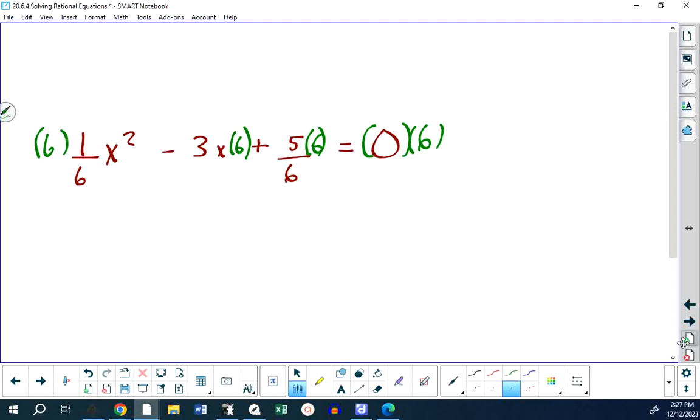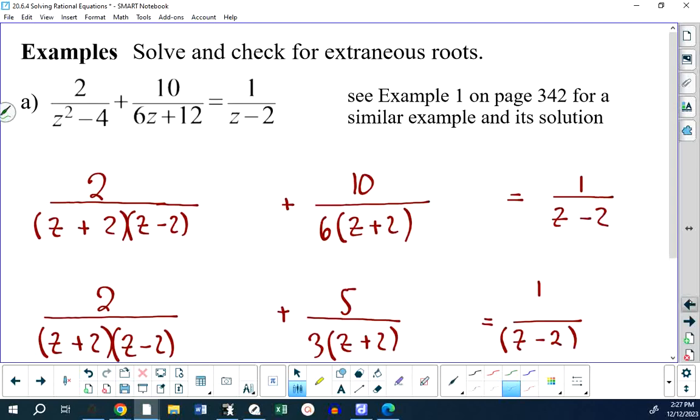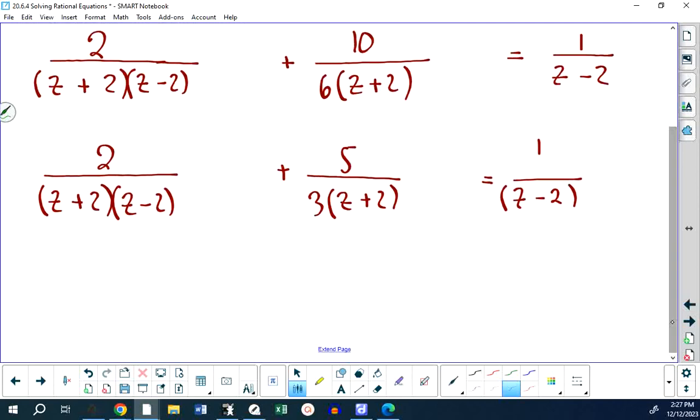So this is my way of thinking. We want to get rid of all of the denominators. So start wherever you want. I have a z plus 2 in the denominator here. I would much rather not have a denominator. So I'm going to multiply the left side and the right side by z plus 2. Right? And if you look at what happens when I do that, and I can do it because I'm multiplying